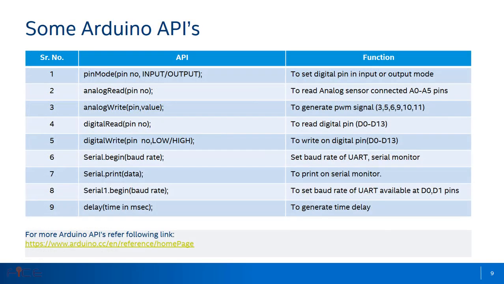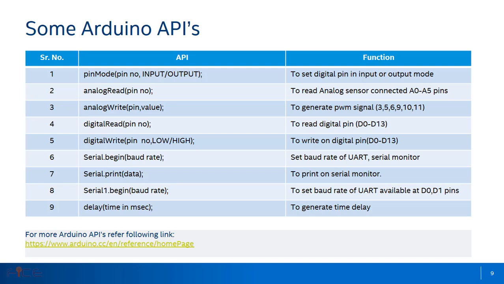Today we will write an Arduino sketch to read analog and digital sensors. Let's discuss some of the basic and important Arduino APIs and their functions. One Arduino API is pinMode, which sets a digital pin in input mode or in output mode. Another API is analogRead, which reads the analog sensor value, and it takes a single argument,